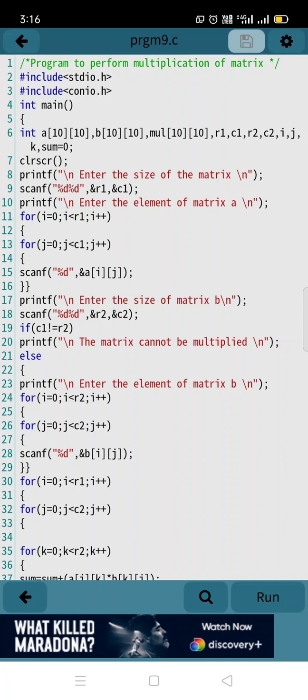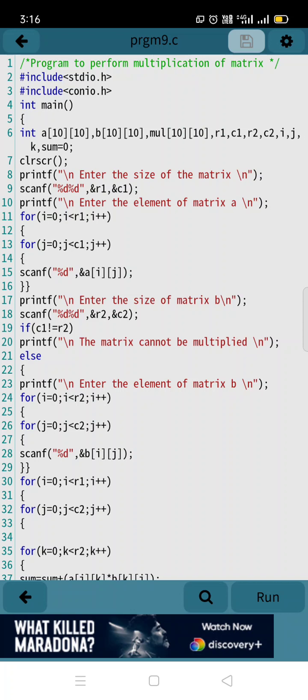Why? Because if you do not take a for loop, then only the first row and first column's first element will be stored. So you need to take all elements of the matrix, and for that purpose you use a for loop.